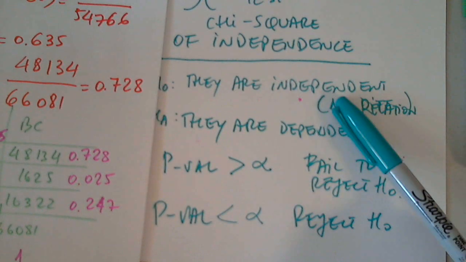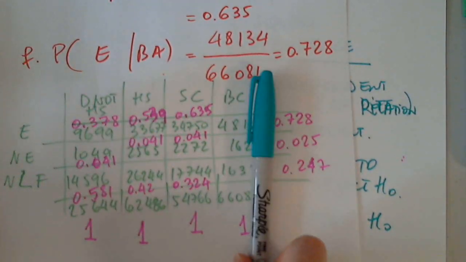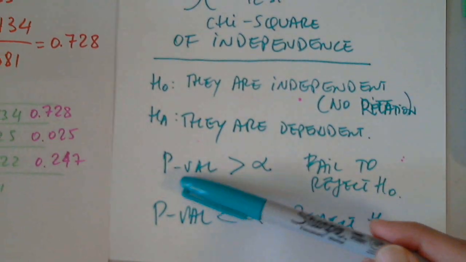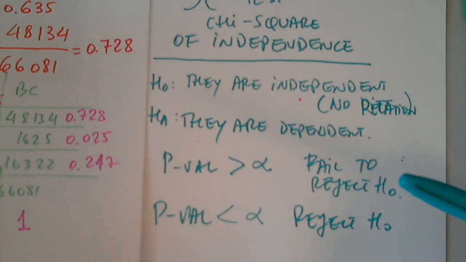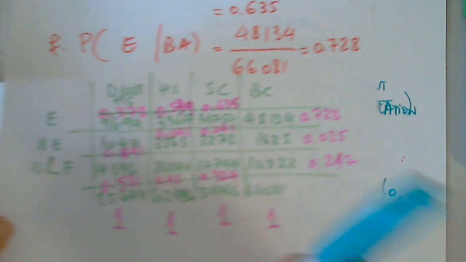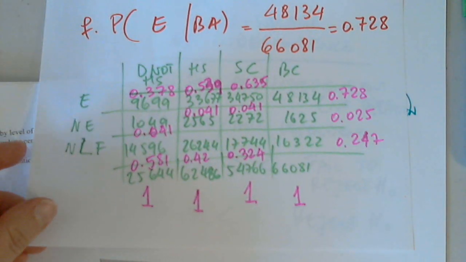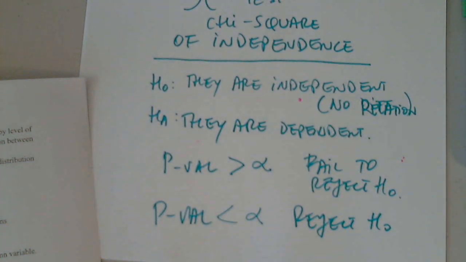It appears that they are not independent. But if we conduct the chi-square test and get the p-value greater than alpha, we will say we fail to reject. There is no relationship between this variable and this variable. Okay, so